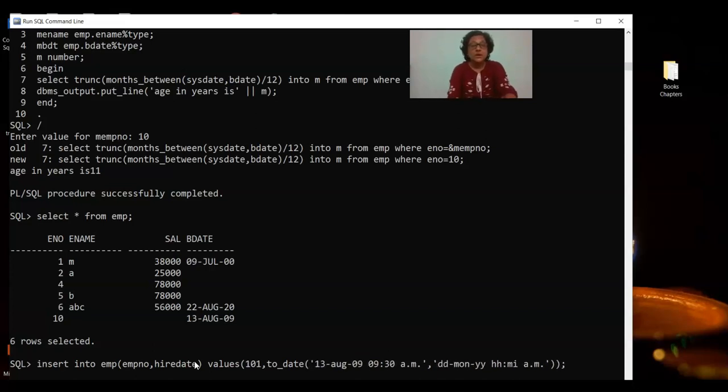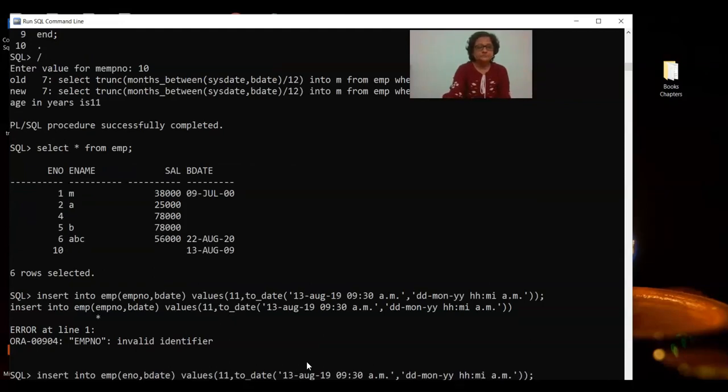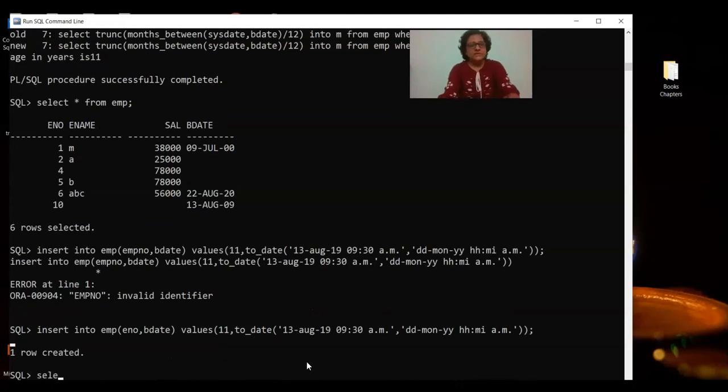Score date 13 August. You can see here bdate, and employee number, and I want to give here say 11 because I have 10 as a record already, and I want to give here say 19. It is not employee number, sorry, it is ENO. You can see here the record has been inserted.